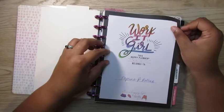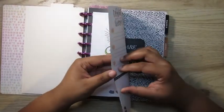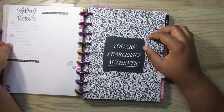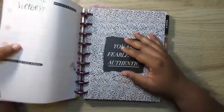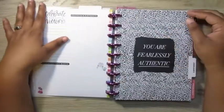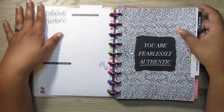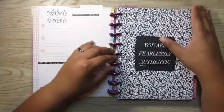And then I have my cover page that says Work It Girl with my name. I have this one dashboard. I did take these two pages together, but this is the first dashboard. I'm using the Wow Style planner as my fitness planner. So this is the only dashboard that will look like this until I put the whole planner together,